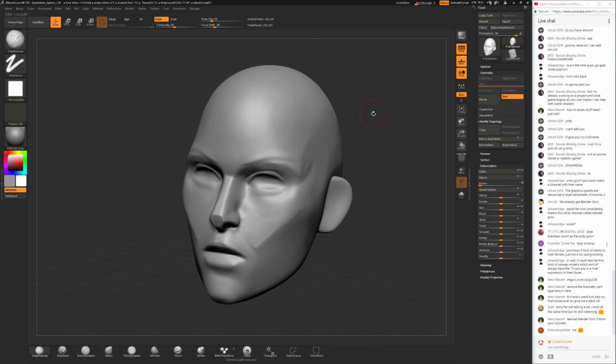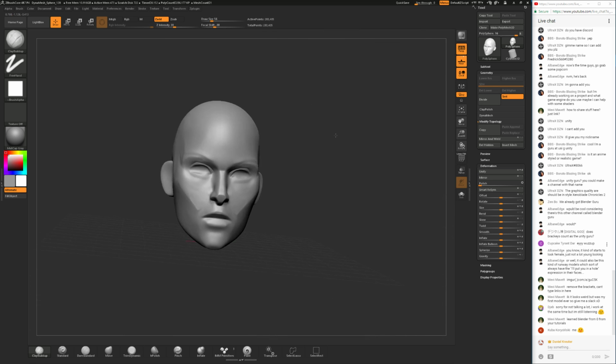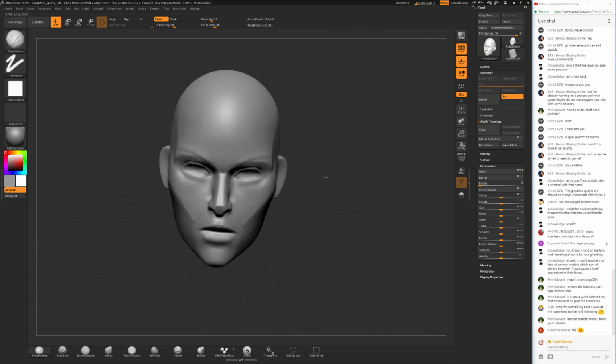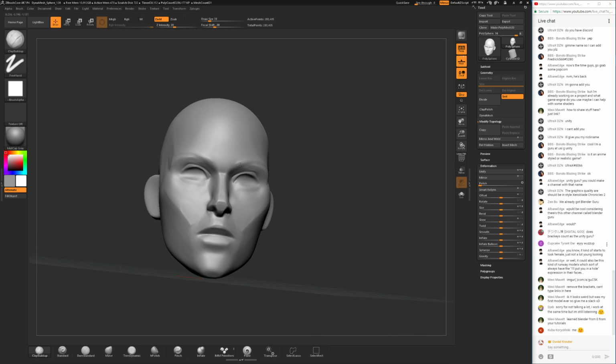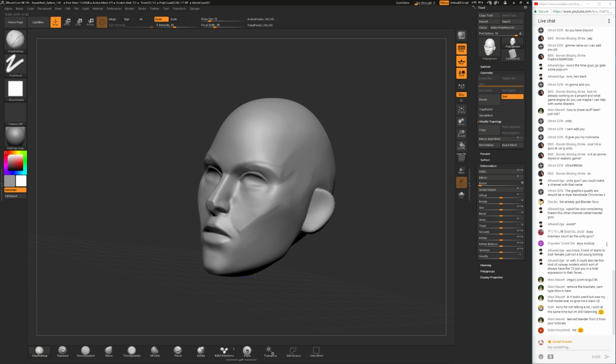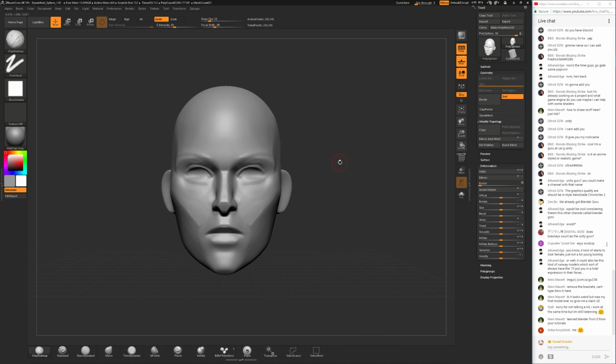But it's important to throw them in, because otherwise your model will look a bit off. Something along the lines of this should be alright. Maybe it's even too exaggerated, but that's alright for now.